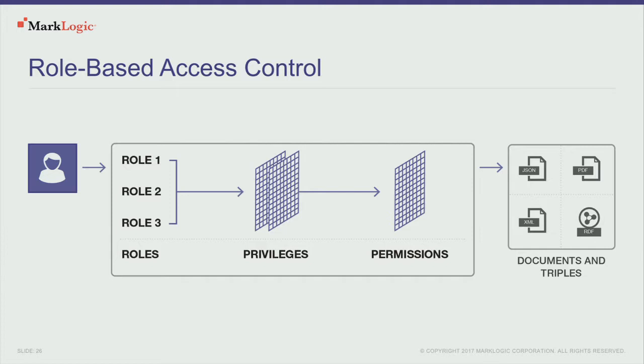So when a request comes into MarkLogic, the user authenticates. We've got various different ways of authenticating. And then the authorization is mapped to his or her roles. And so first, the privileges are assessed. What are you trying to do? Do you have privilege to do that based on your roles? And then permissions. So permissions are stored in MarkLogic 8 at the document level. So permissions are, can you read this? Can you write this? Can you update this? Can you delete this document? So every request that's coming in is being evaluated against the roles, the privileges, and the permissions.